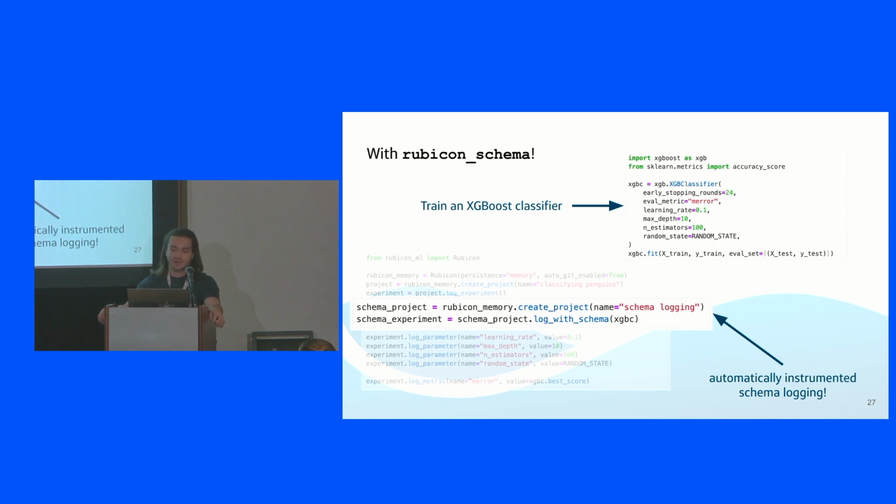So under the hood here, the first thing log with schema is doing is inspecting the object that you passed in. For this particular example, if you are taking a look at the Rubicon code base, you'll see that the schema that we currently have are all for models that fit the Scikit-learn estimator specification. That's not a requirement. A schema can be developed for any old Python object. So if you have custom stuff that doesn't fit that standard, it's totally still usable. So when you call log with schema, we're going to infer that this is an XGBoost classifier by the library name and the class name, and pull the,